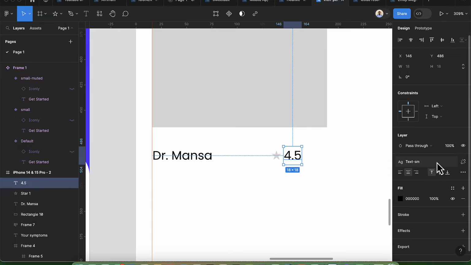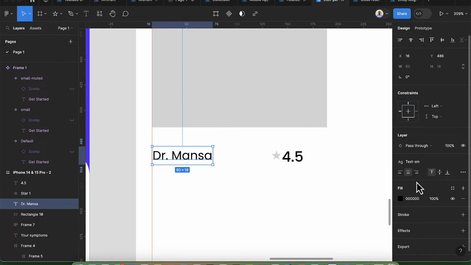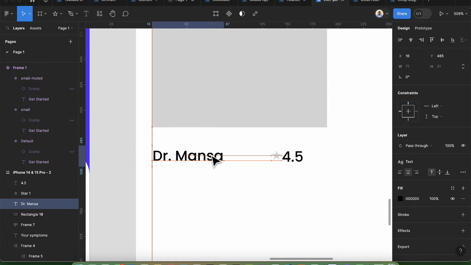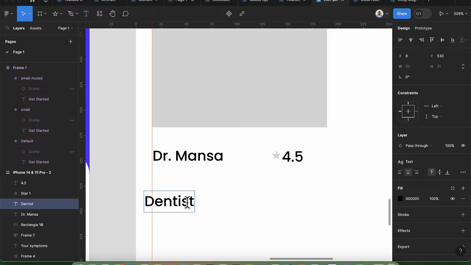So for this, I'm going to change that to 14. I'll select this and also change that to this text here, which is 14. So I'm going to add here the name of the hospital. Okay, so I can say this is a dentist. Then